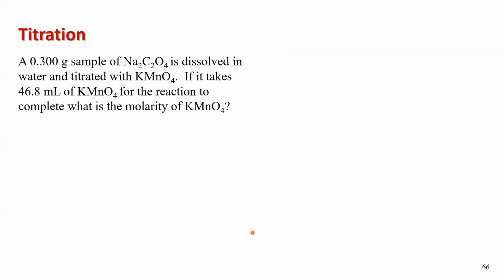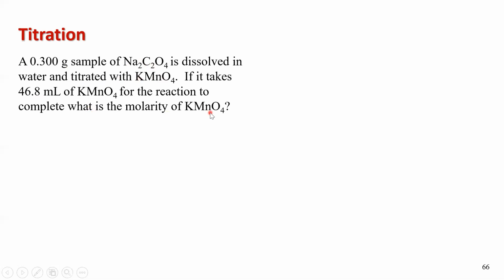So let's look at another problem. Okay, a little bit different this time, because instead of having a solution and titrating it, we're going to use a solid. The concept is essentially the same. So a 0.300 gram sample of, this would be sodium oxalate, is dissolved in water and titrated with, this is potassium permanganate. If it takes 46.8 milliliters of potassium permanganate for the reaction to go to completion, what's the molarity